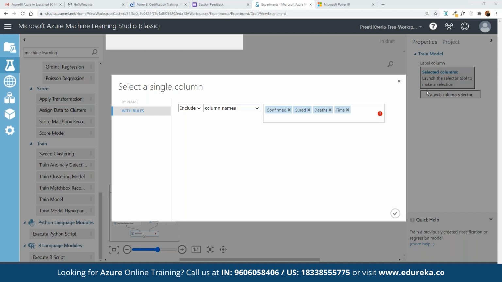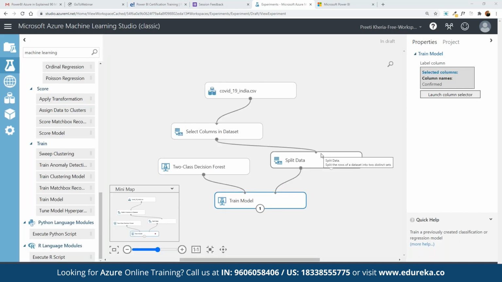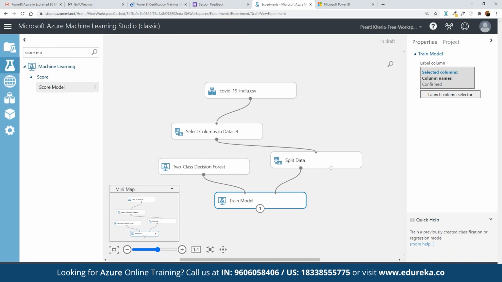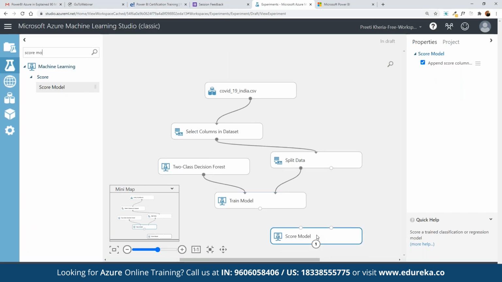Or suppose we want to use confirmed as the main parameter. We can choose confirmed, select, and then define the score model. We search for score model and link it along with the components that we want to integrate it with.